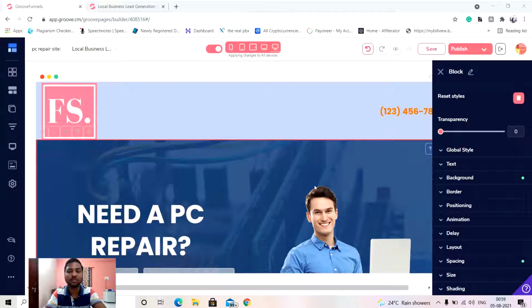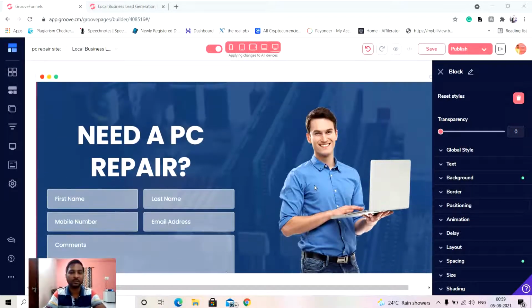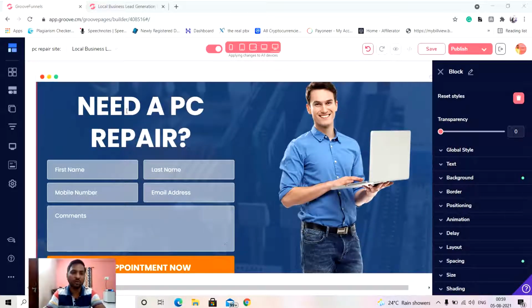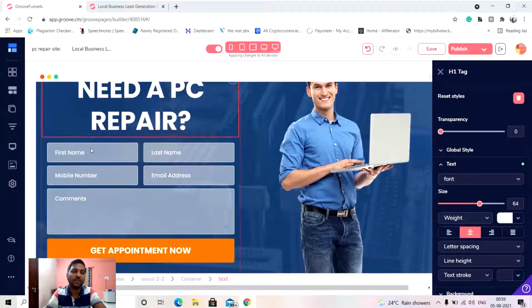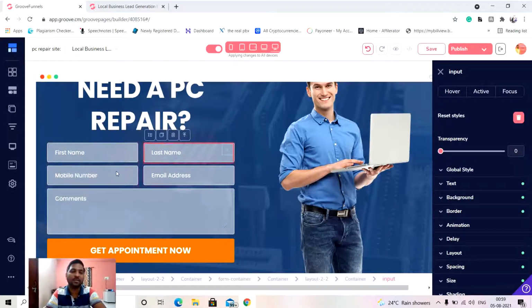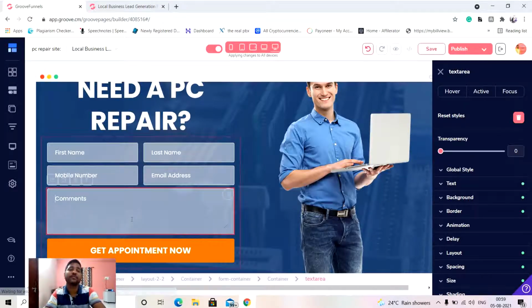Okay, let's come to the second block over here. According to me, everything is good over here. If you want to give the name of your agency over there, you can do that. Okay, and the first name, the last name, the mobile number, email address, and the comment about if the customer wants some more information, or if the customer wants you to explain something which is really very important, so you will be able to prepare on that particular thing as well. And we will configure this later on.